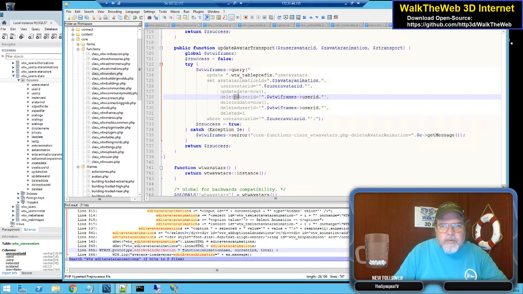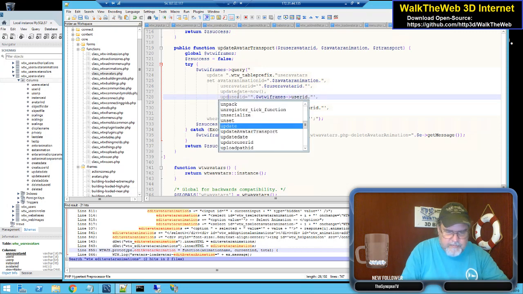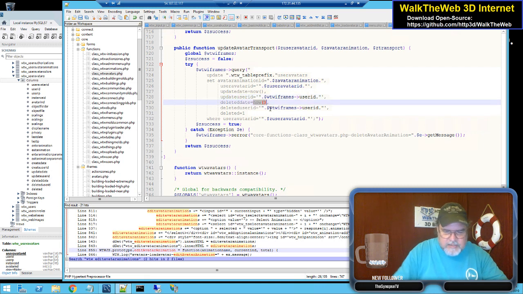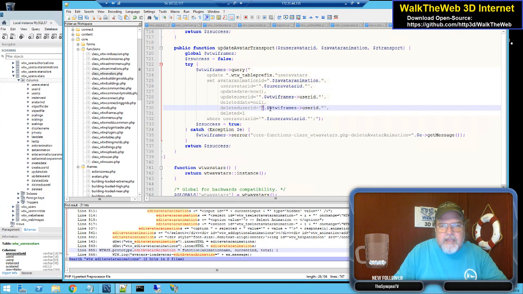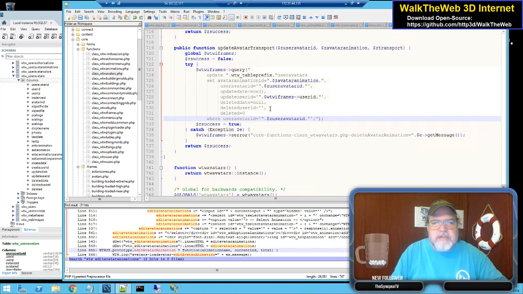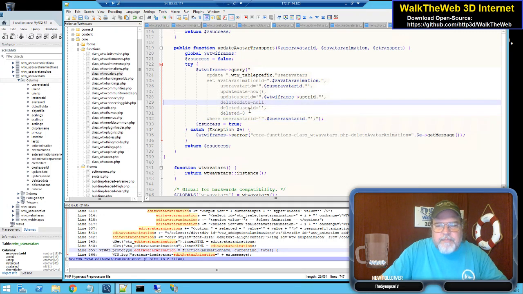And I want to do update user ID, so we know which user did the particular change. Then if it was deleted, now it isn't. And the user ID of deleting is null because we got rid of that, and it's automatically a 0 instead of a 1. The only other part that I need to update here is,